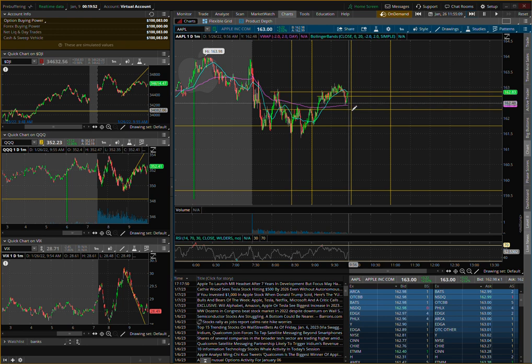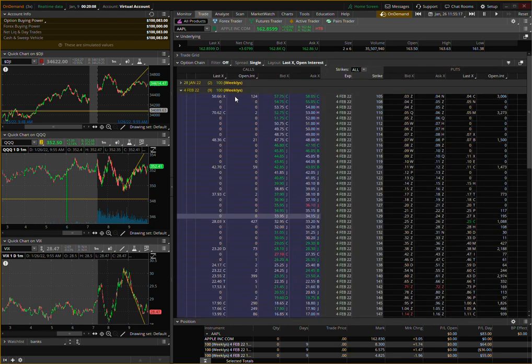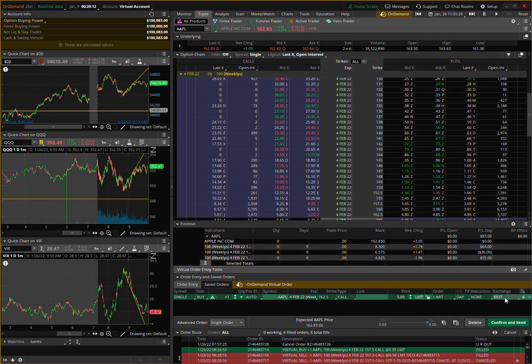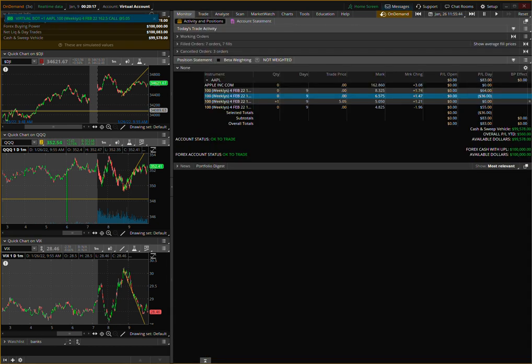It bounced off. Now the VWAP is acting as a support. So I'm thinking most likely this is a bullish scenario, and it'll surpass this. So now what I'm going to do is I'm going to buy a call. I'm going to buy a call right here. So I bought a call. Now I'm going to put a small